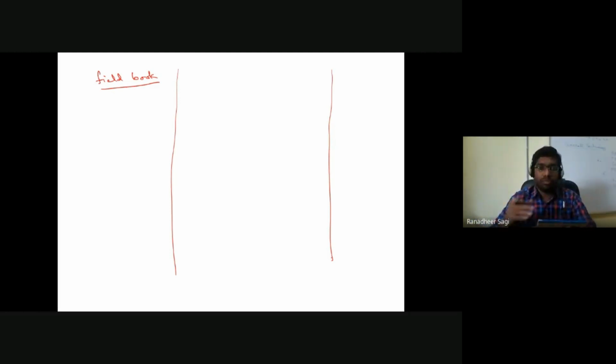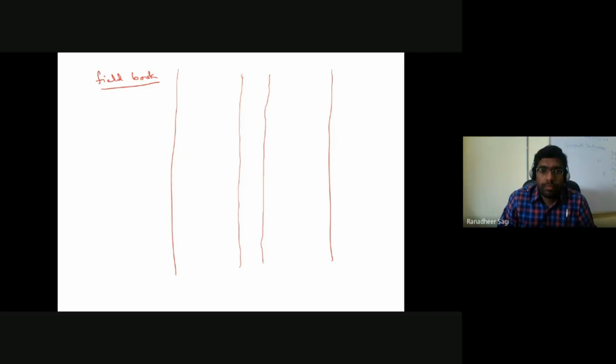So you will have a book like this, and the lines that I have drawn are the edges of your book, and in the center of that book, if you look, you have two lines which are represented in a lighter way. Okay, so in this particular field book, I am going to represent my measurements, what I am trying to collect in the field.